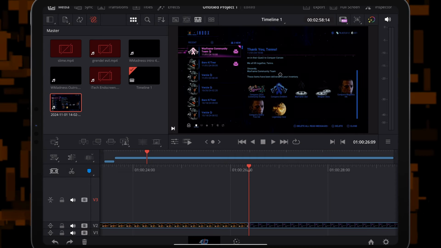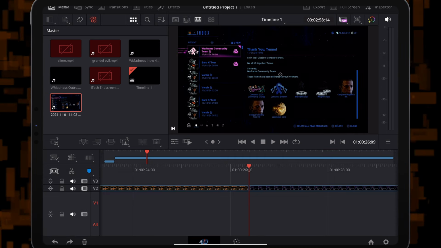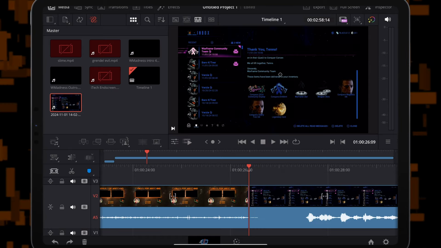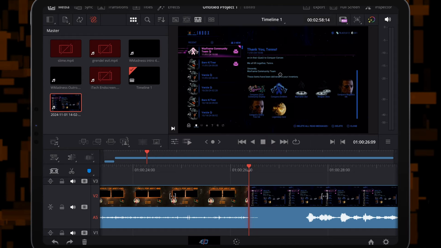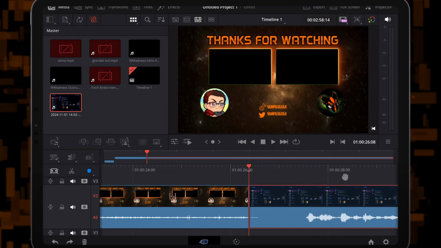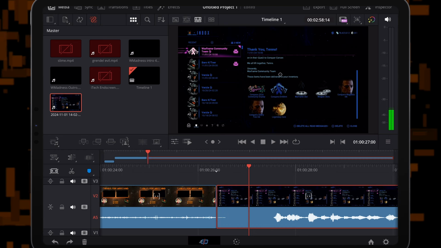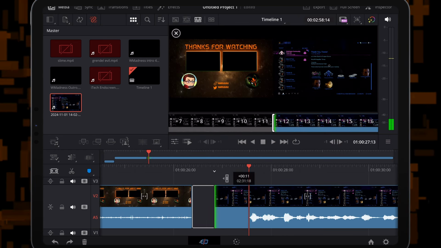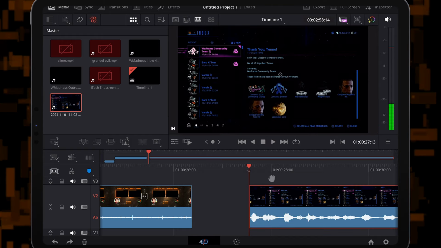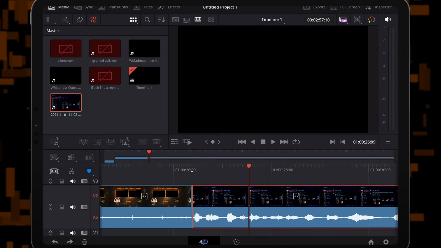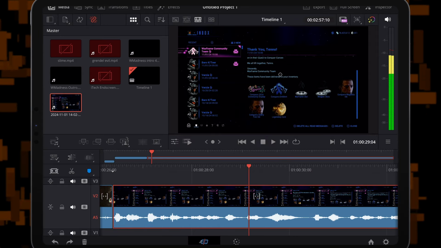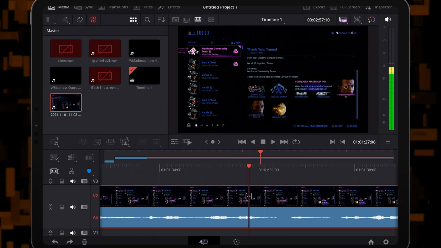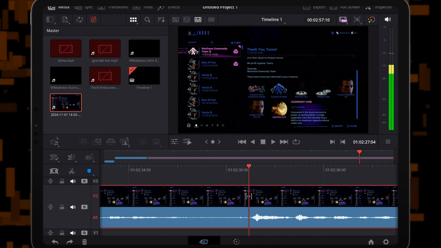This is speaking from the point of view of someone that does not have a Magic Keyboard or any type of Bluetooth keyboard hooked up to the iPad Pro. Now, like I said, in the future that might change. I'll do a video covering that as well. Stay tuned to the channel. But right now, it's free, so I can recommend you download the free version of DaVinci Resolve on iPad, but